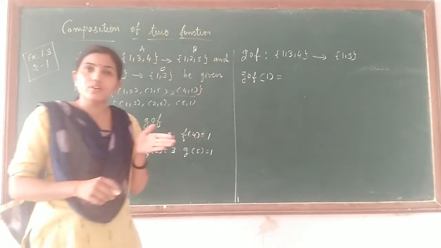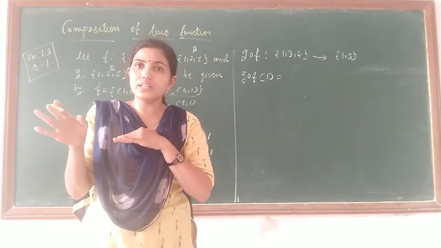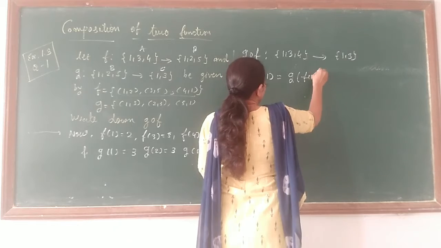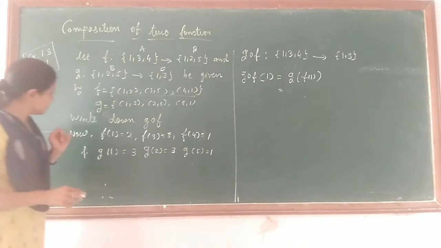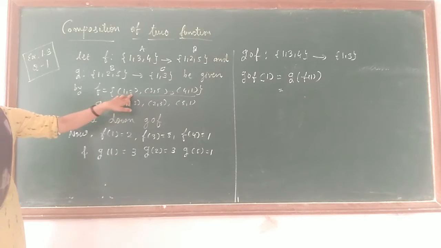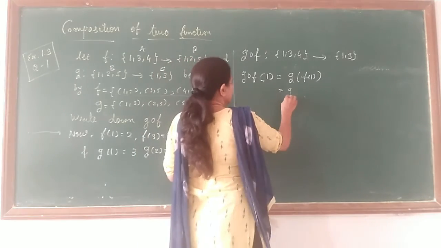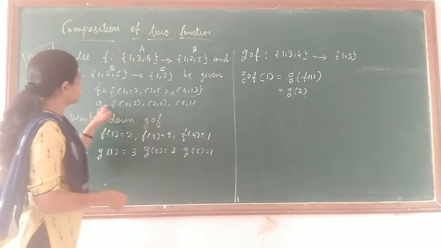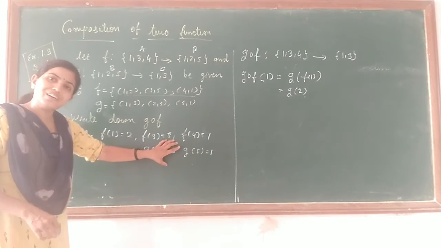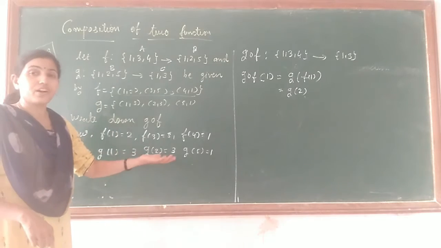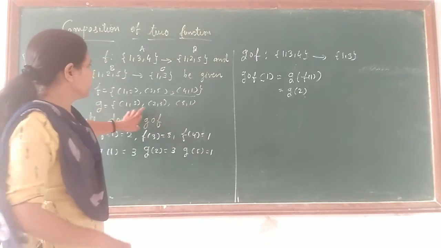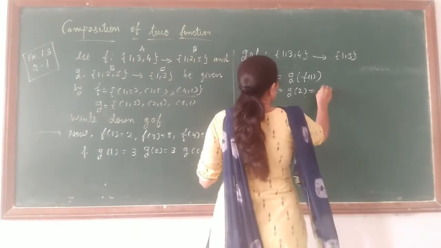Now what is the definition we have, students? g of f of 1, so I just write g in a bracket f of 1. Now what is f of 1? Here 1 is going to 2. If you are not writing this separately, then directly, f of 1 is 2. So here g of 2. And what is g of 2? It is 3. If you have clearly written it separately, then also there is no problem. If you don't want to write it, directly you can write from here, then also there is no problem with this. So here g of 2 is equal to 3.